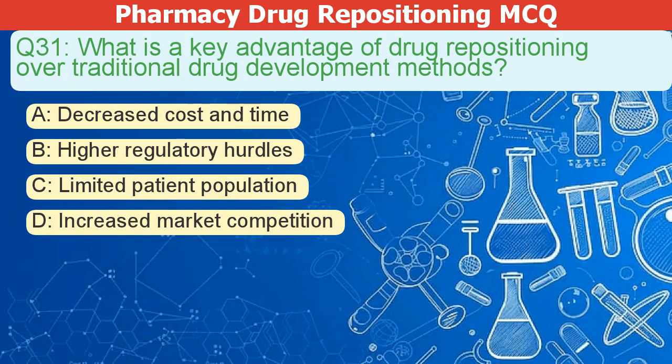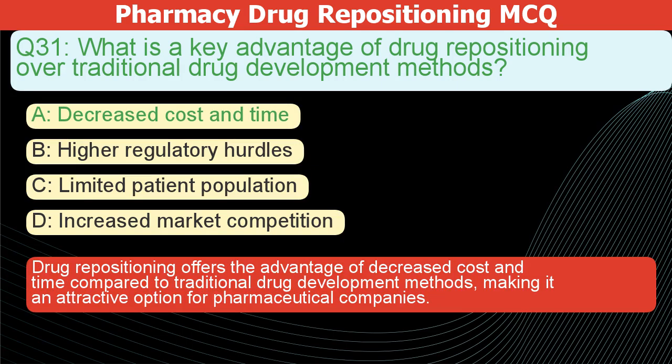What is a key advantage of drug repositioning over traditional drug development methods? A. Decreased cost and time. B. Higher regulatory hurdles. C. Limited patient population. D. Increased market competition. The correct answer is A. Drug repositioning offers the advantage of decreased cost and time compared to traditional drug development methods, making it an attractive